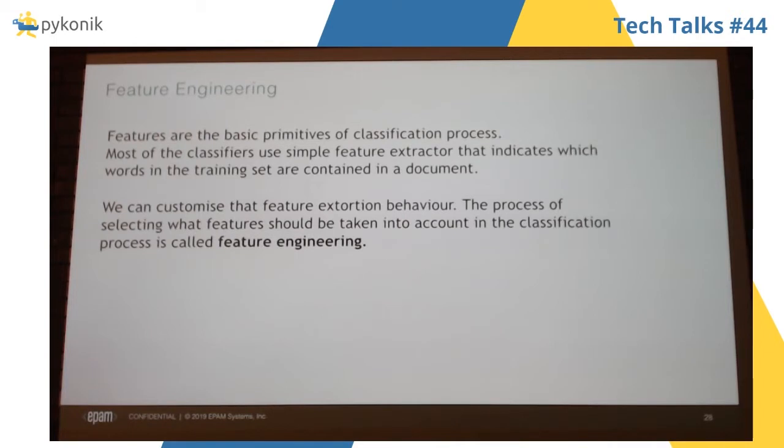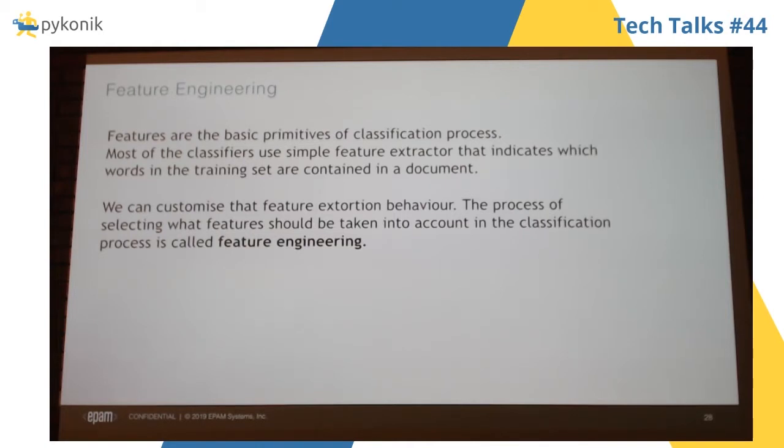So how does it work? Like I said, we need to have some features. We need to have some features to compete with Bayes classification. Features are the basic primitives of the classification process. Most classifiers use something like whether this word is included in the training set or not, and it gives us some possibility.